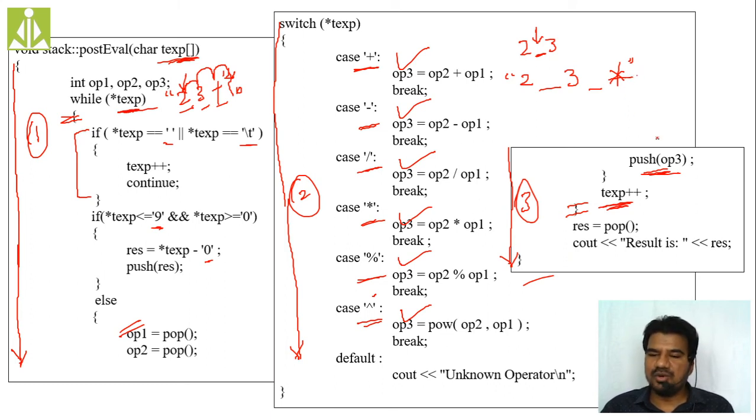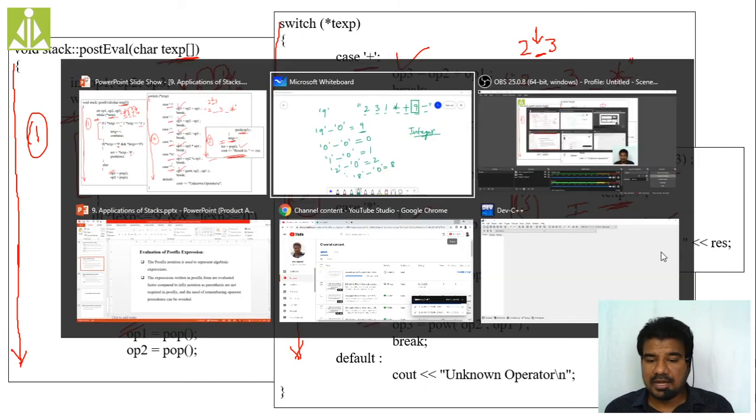So at that point, whatever value we have inside the stack will be our final value. So we pop that value and put it inside a variable known as result, res, and that result we are printing. So for this complete program, as we need an integer array for this program, I'm doing that one.